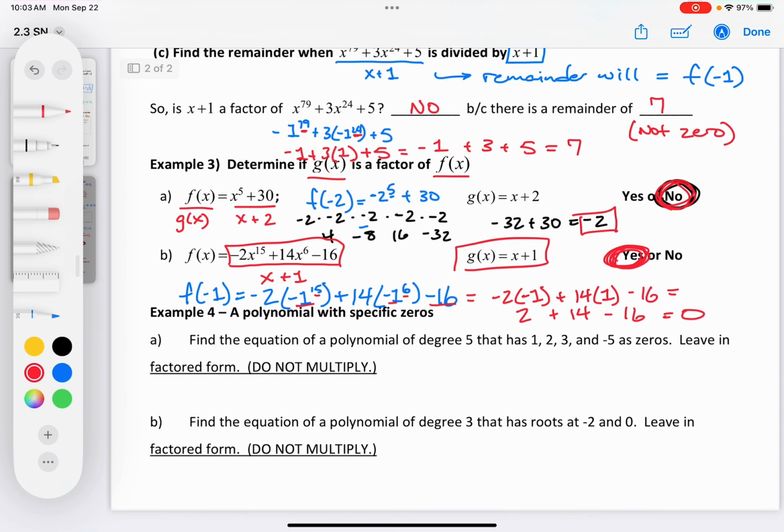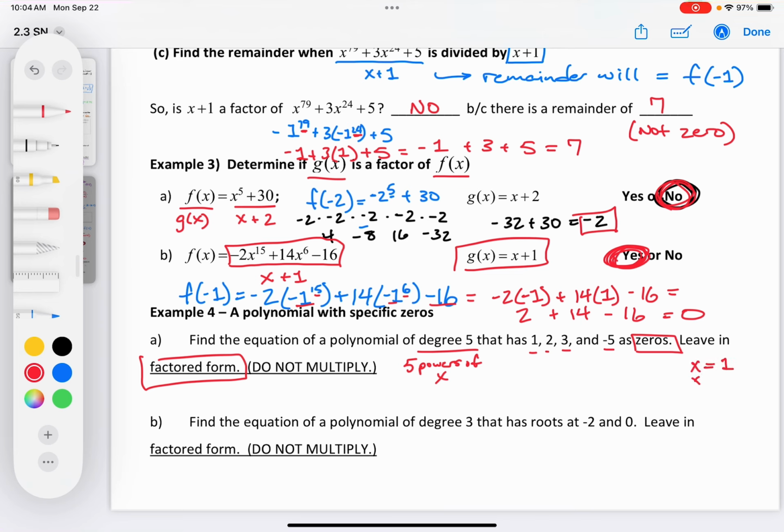All right, 2 quick examples left. It says find a polynomial of degree 5. What does that mean? It means 5 powers of x, okay? And then it has 1, 2, 3, and negative 5 as its zeros. Leave in factored form. So when I have things as zeros, that's where it's going to be like, x